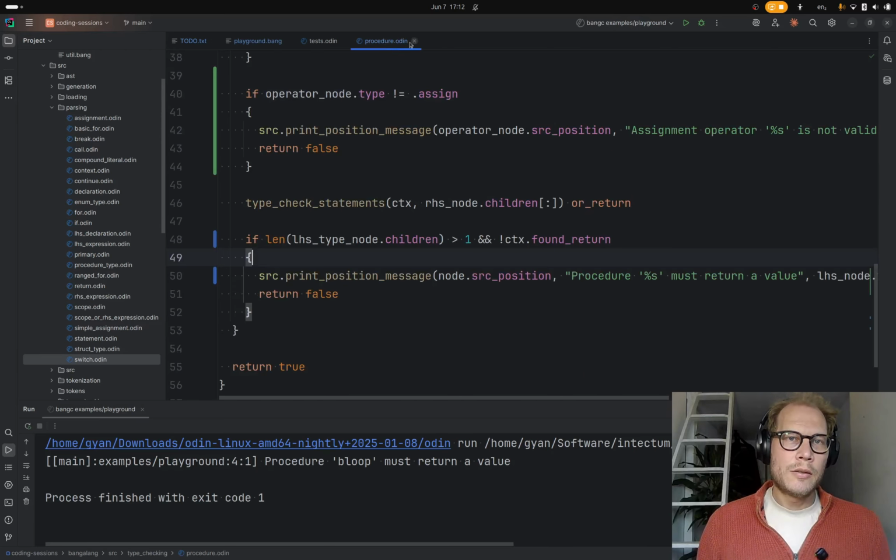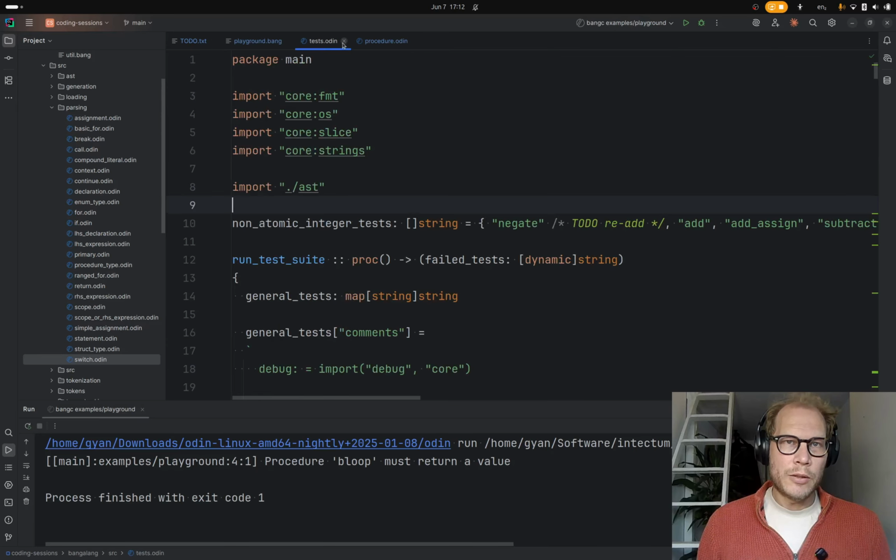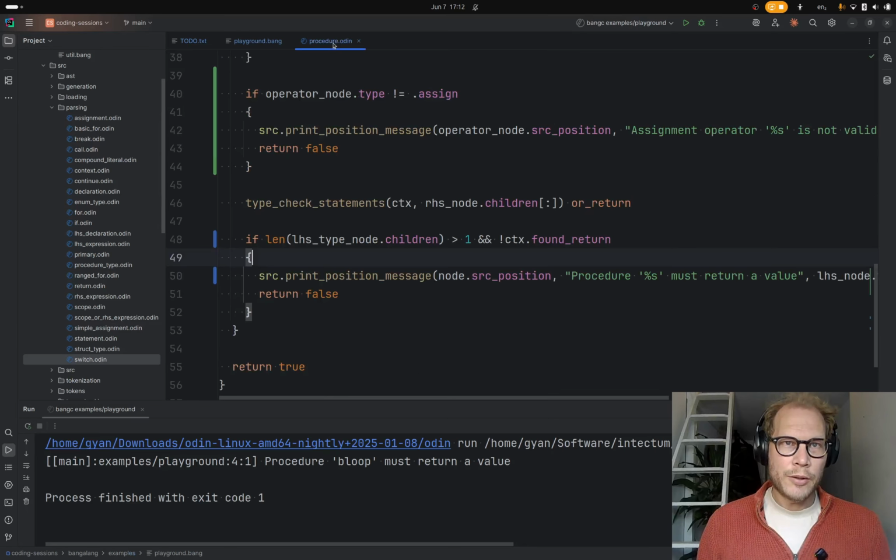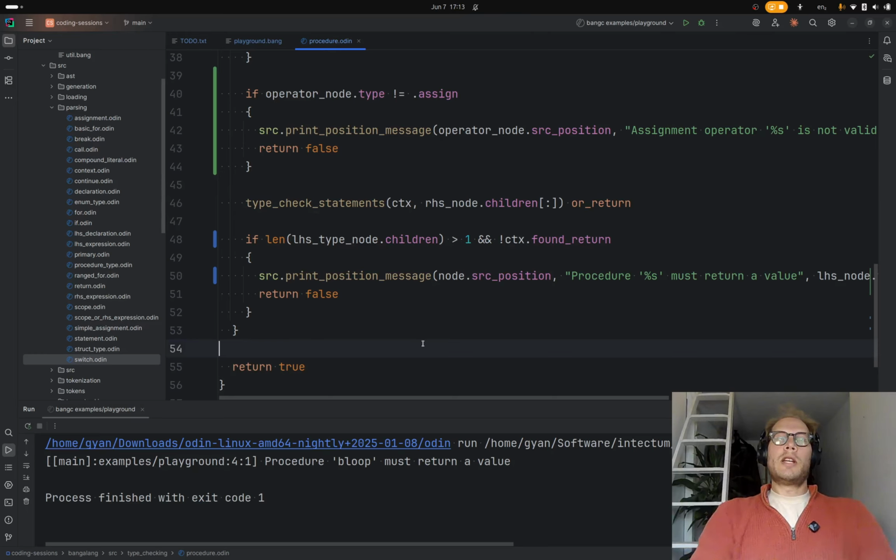The other side, which is not in my to-dos, but we'll do it anyway, because we're feeling generous, is that we want to make sure that we don't have statements after a return, because that's pointless. I think I'm just going to make it an error.